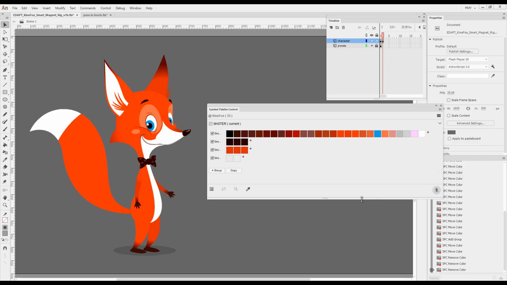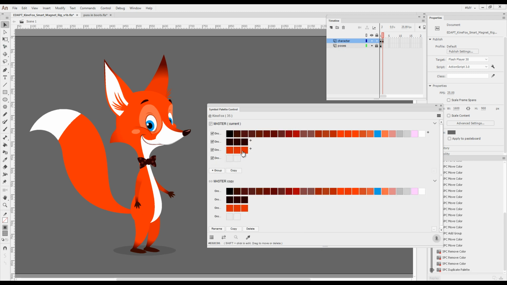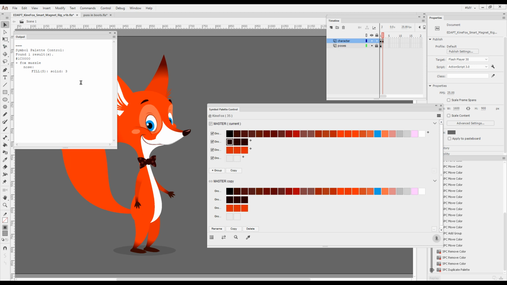Once I've isolated them in groups, I will duplicate the palette, and then I'll do some research into which of these colors is the most popular one. So I'll search for this one. It has been used in only one symbol. This one has been used in one symbol as well, and this one has been used in one symbol also. So brows and muzzle. Okay, either. And what about these? Now one symbol only,